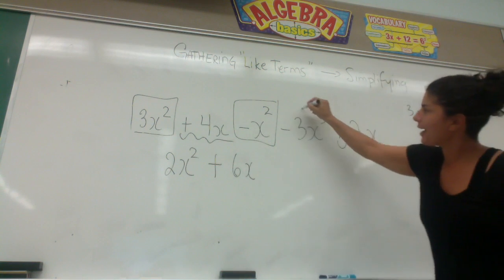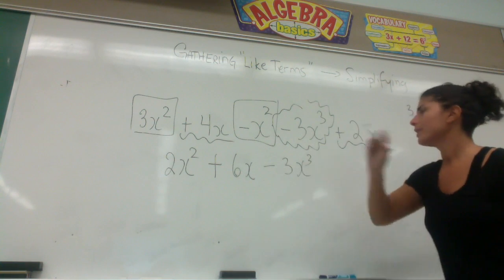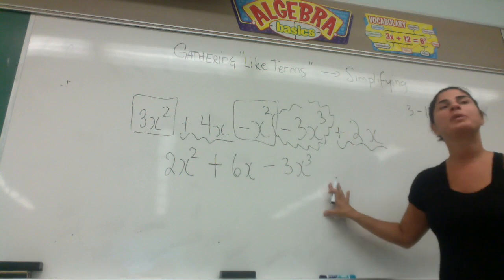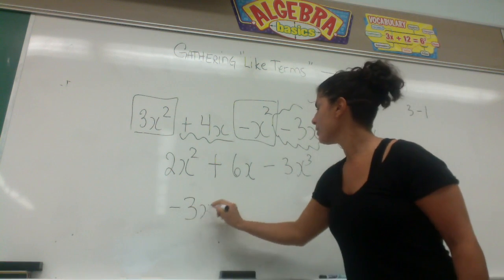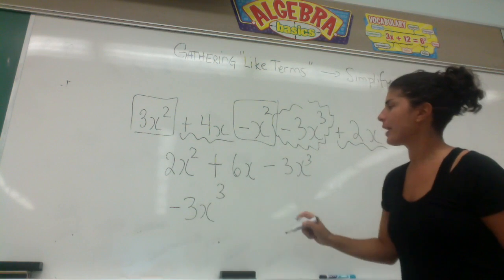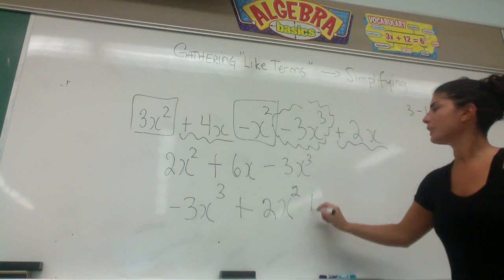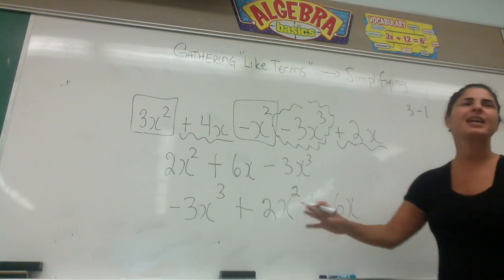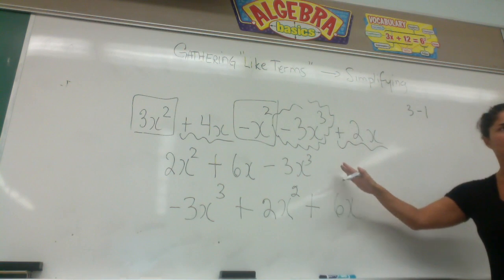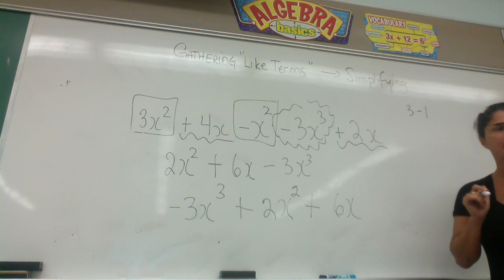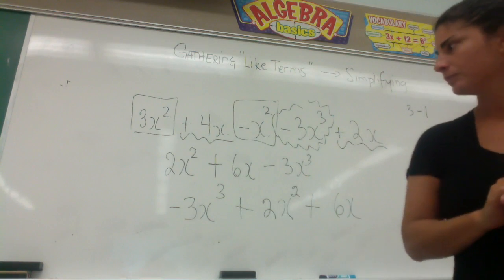And then I have -3x cubed. Now the best way to write this would be to go from the highest exponent to the lowest. So the reality is this would be, in a perfect world, -3x cubed plus 2x squared plus 6x. That's how you would normally write it, but this is definitely not wrong. Yes? Between the 6x